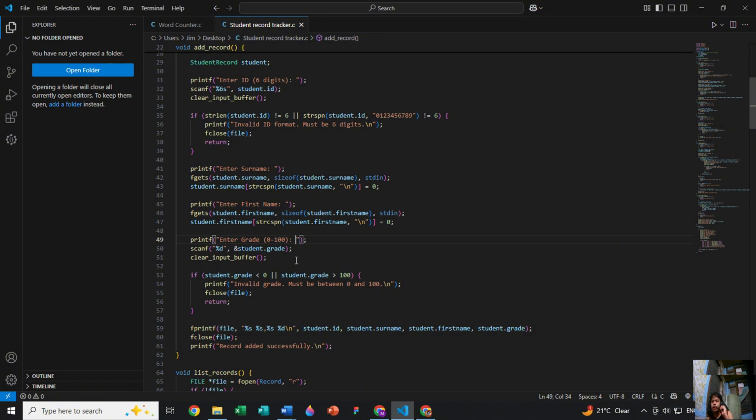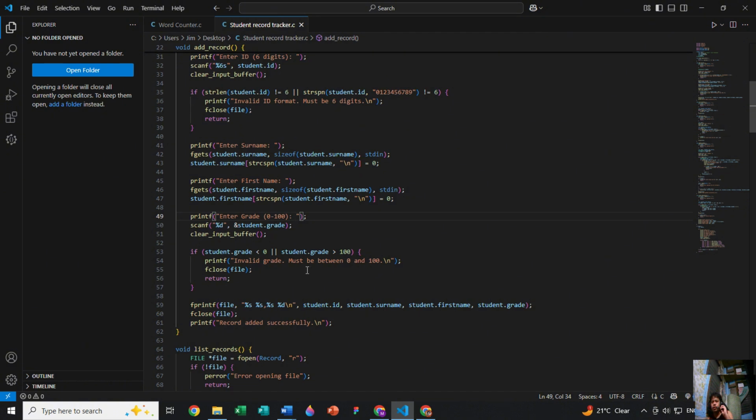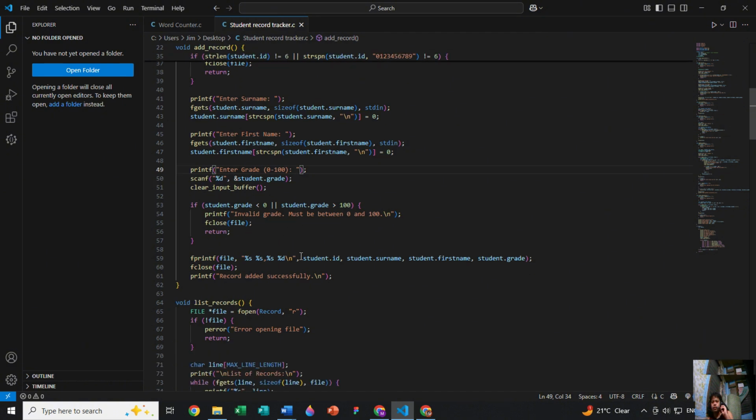If the user inputs an invalid grade, maybe 101 or in the negatives, it will print out invalid grade, it must be between 0 to 100, and close the file and stop the program.